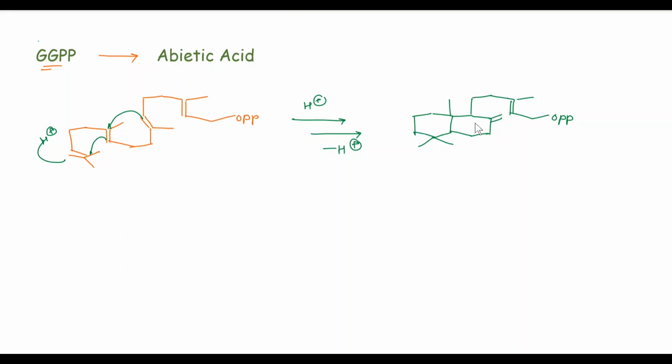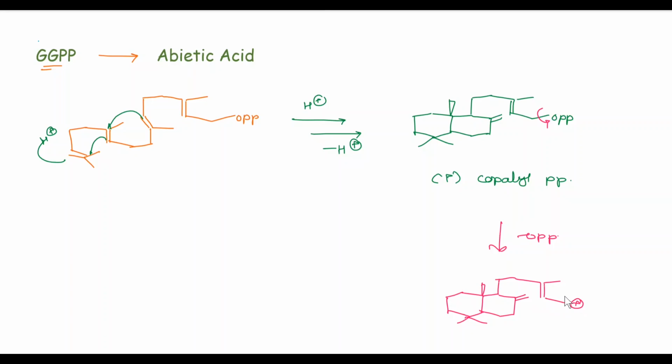Abietic acid is synthesized from copalyl pyrophosphate. So the next step, loss of pyrophosphate, that is minus OPP, takes place and we get an allylic carbocation. So the next step, cyclization takes place with formation of a new double bond and we get a new carbocation. Here positive charge, clearly a double bond, and this cation is called